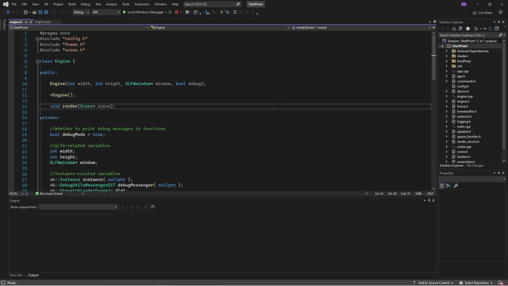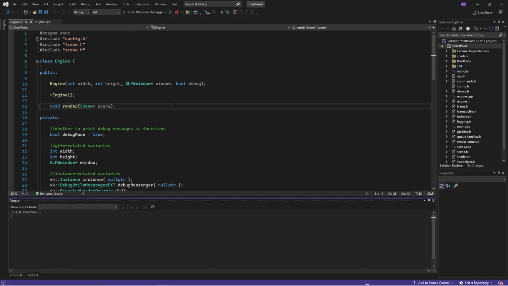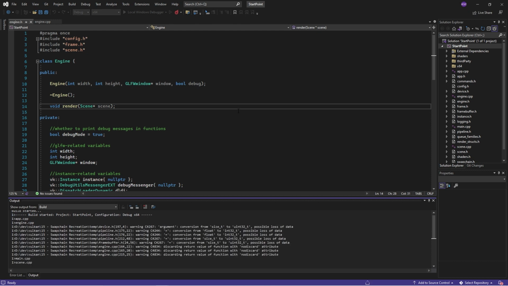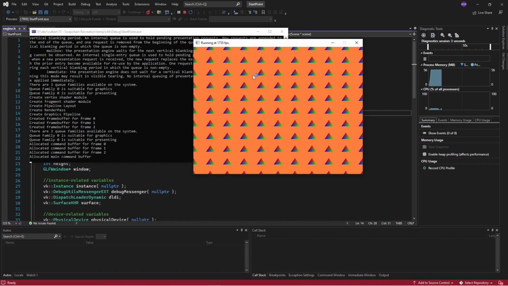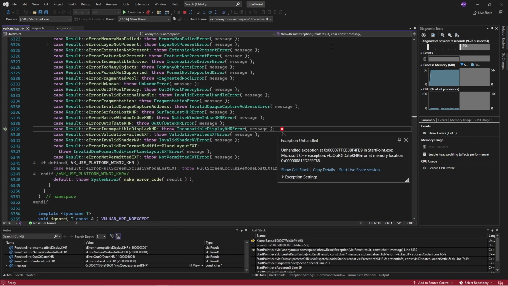Hello, and welcome back to the Vulkan series. Now, we've got our program from before. We're drawing a bunch of triangles using the push constants. And it's all good, it works, we have some frame rate. We have an issue. If we minimize this, it crashes. It says we've got an unhandled exception, which is this